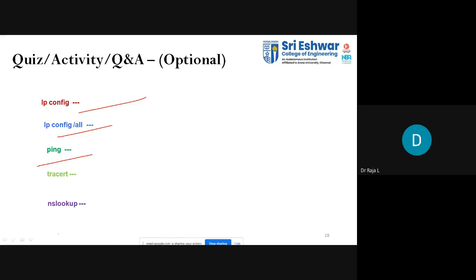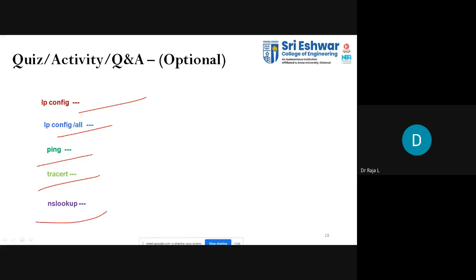And what about traceroute, tracert? RT stands for route. For what purpose are you using traceroute? To know whether the device is reachable or not, sir. Anyone? To trace the path of our packet, sir, until our destination. Yes, excellent. We want to know the intermediate devices and their IPs to reach the destination.